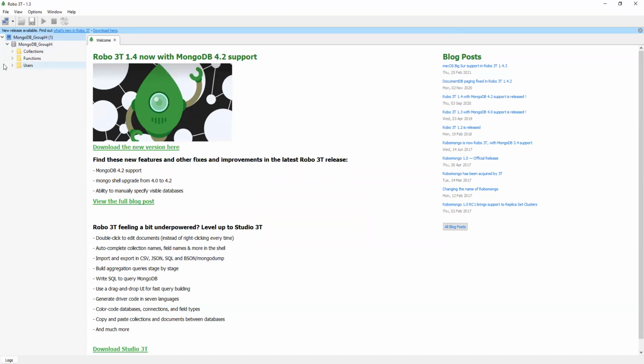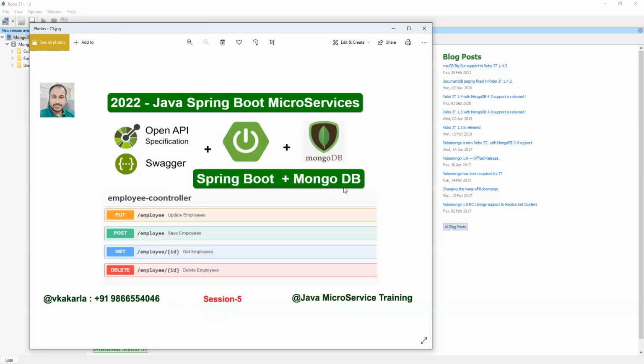So if we expand this, whether it is MySQL Workbench or SQL Developer, there we are able to see tables. Now here, since it is MongoDB, we are able to see collections. If I expand this, collections are 0, which means there is no collection, right? Now our database is ready. So our MongoDB installation, user creation and database are ready from our side.